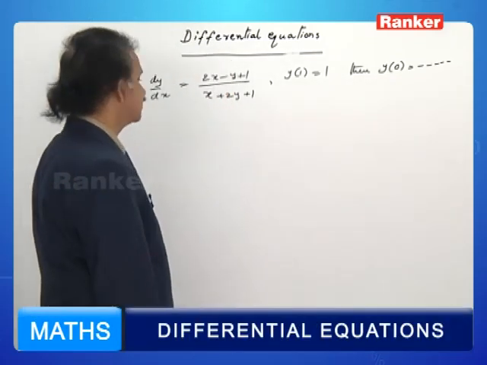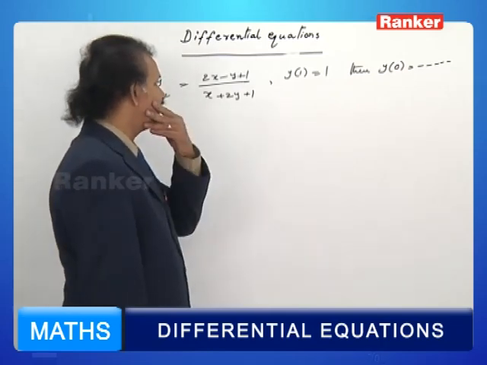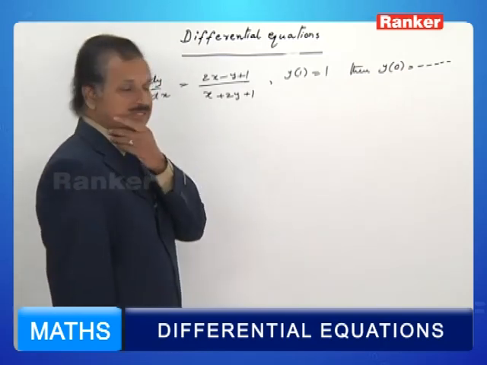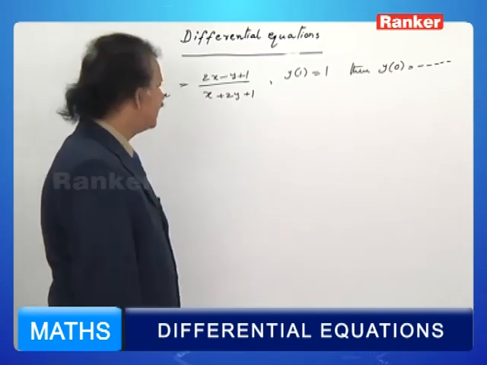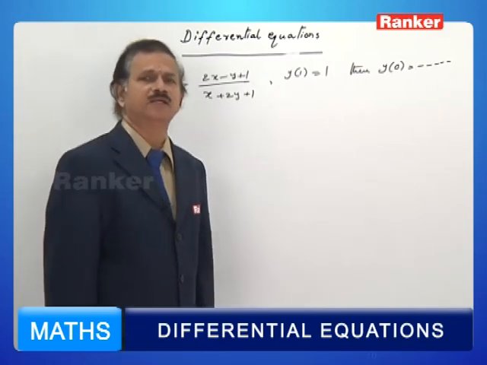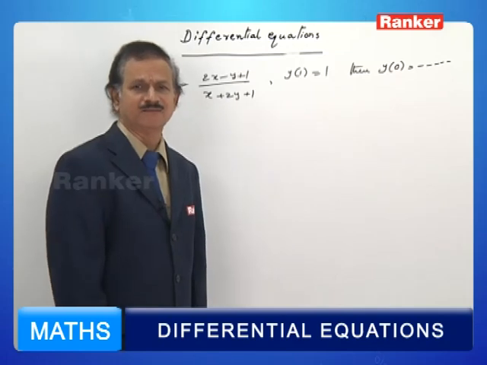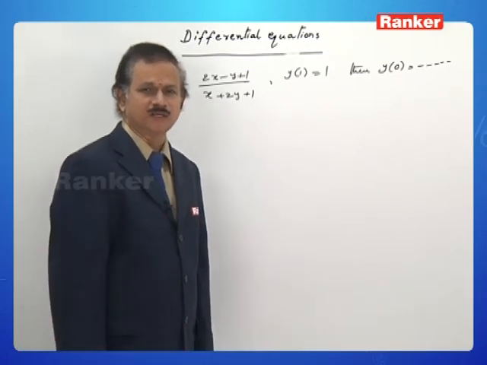dy by dx is equal to (2x minus y plus 1) by (x plus 2y plus 1), and y of 1 is equal to 1, then y of 0 is. That is the question. Well, my dear, this looks like a non-homogeneous equation which can be convertible to homogeneous form. Of course, those methods we have not yet commenced, we have not yet dealt with. But you see,